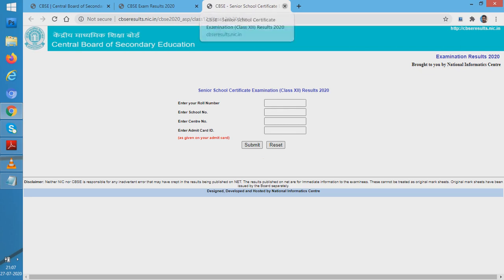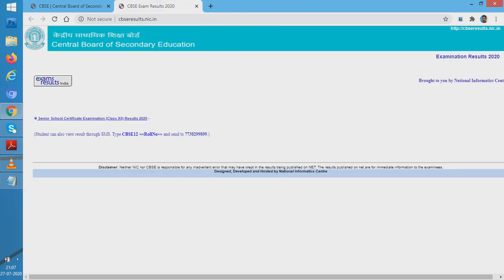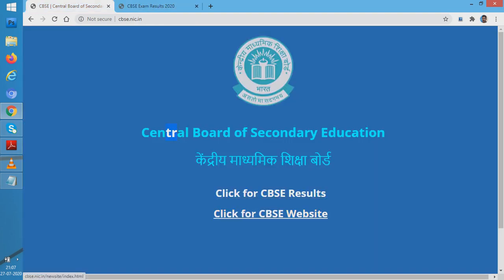Similarly, how did this given exam results page open? It opened when I clicked click for CBSE results. So this statement is also a hyperlinked statement, students. It has the capability of opening another web page. That is, it is linked to another web page. So it is known as a hyperlinked statement. So students, you understood what hyperlink means?